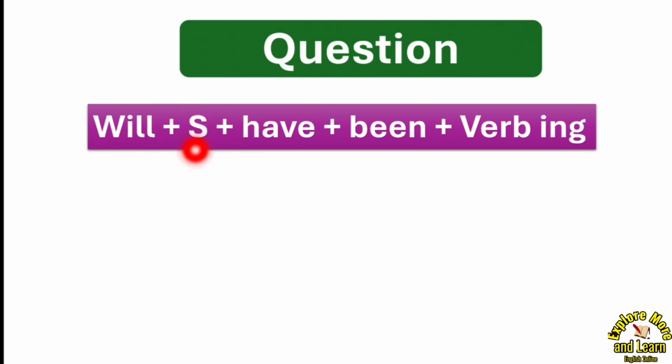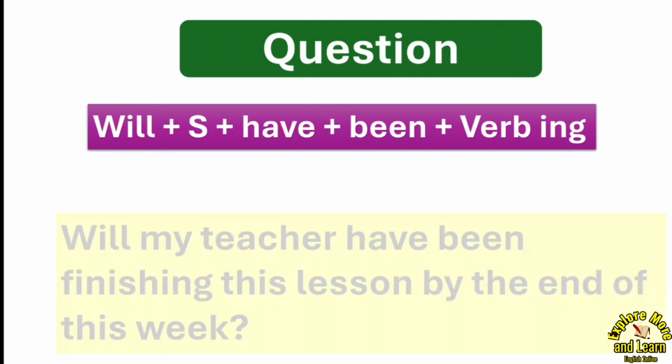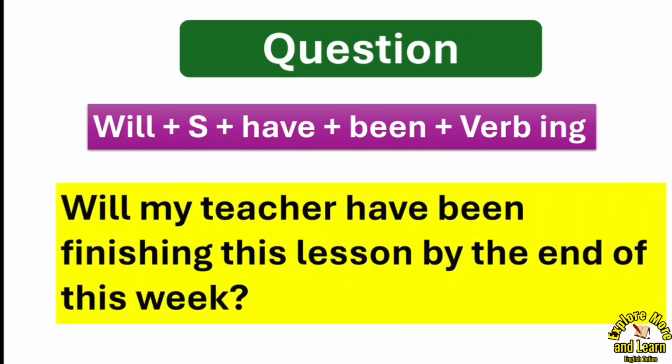Okay, you will use will before the subject, then have, then the same structure: been plus verb in ing form. So remember this, that you are taking will before the subject, not have. For example, will my teacher have been finishing this lesson by the end of this week? Remember, don't get confused that we'll not use have because the subject is singular. No, whether the subject is singular or plural, you will use have only, because this is the basic structure of